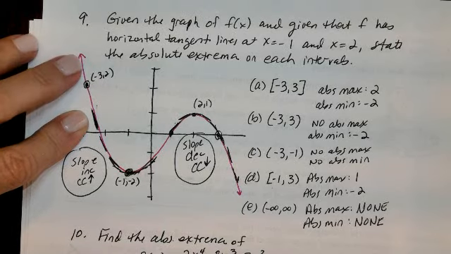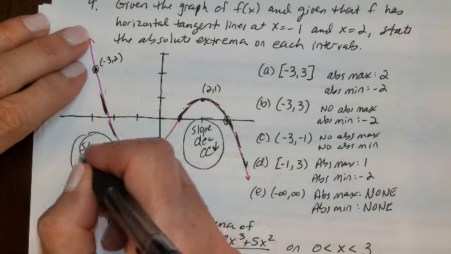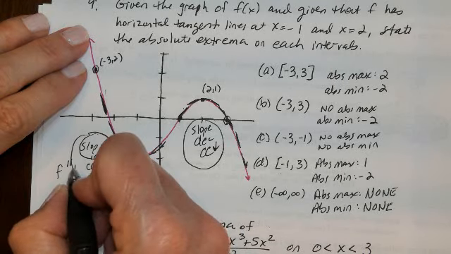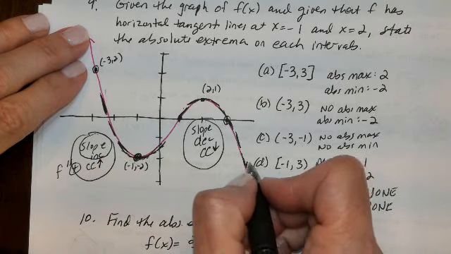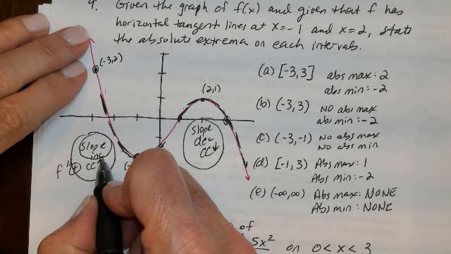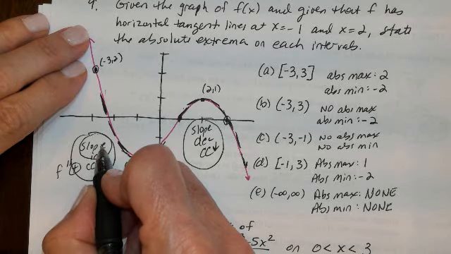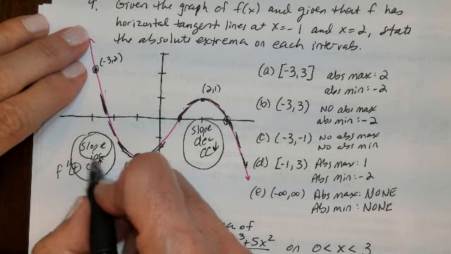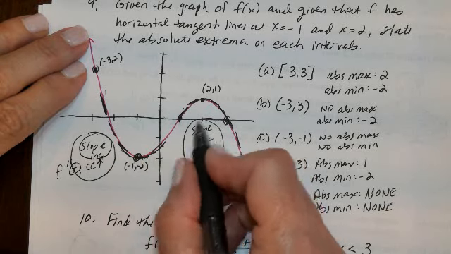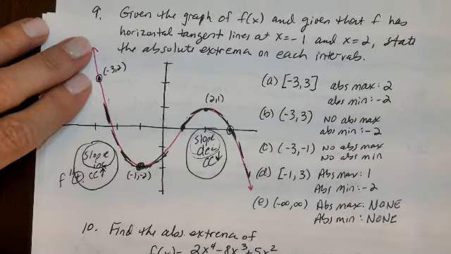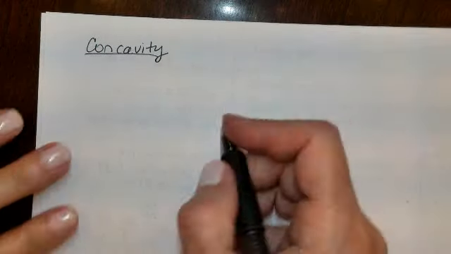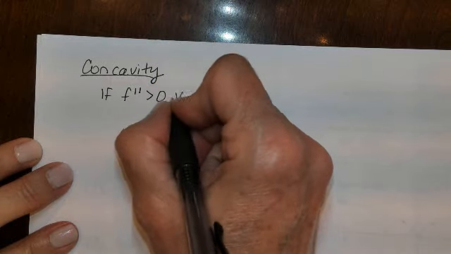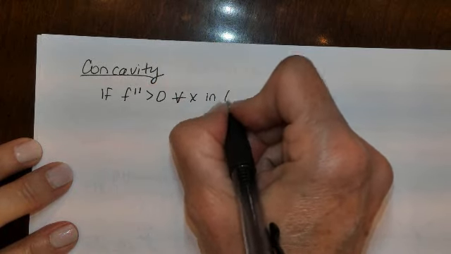Slope decreasing, concave down. Well, slope increasing would be f double prime, right? f double prime positive. That would be the slope increasing. Slope is f prime. To see when anything is increasing, you take its derivative, right? So f double prime positive, f double prime negative. That's concavity, you guys. So if f double prime is positive for all x in an interval,